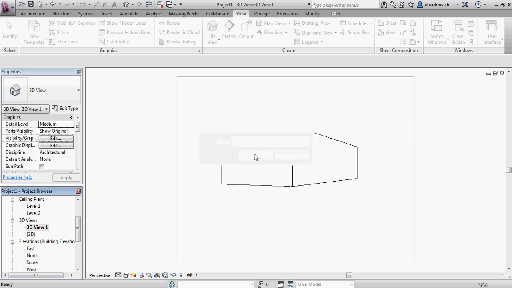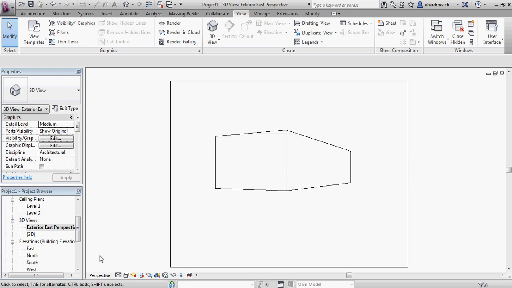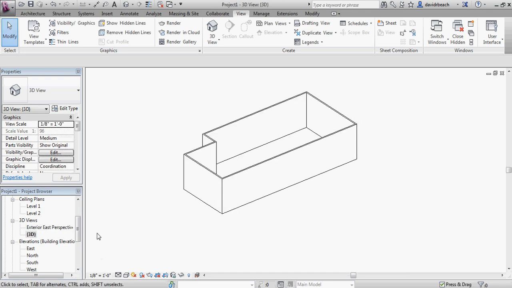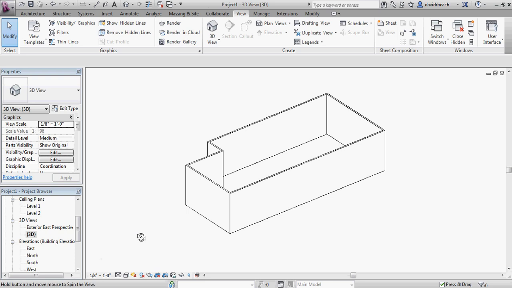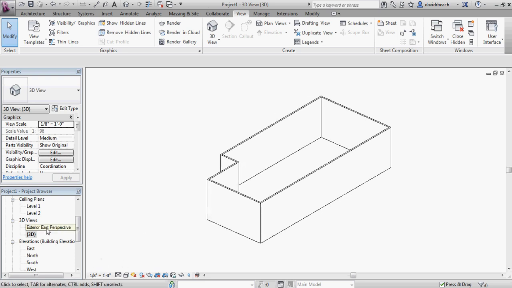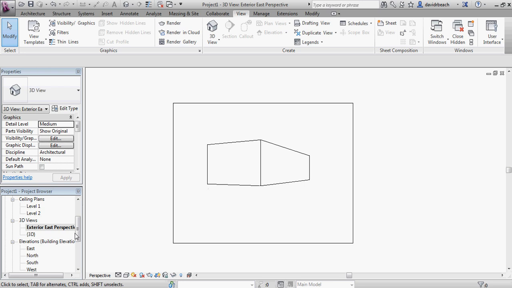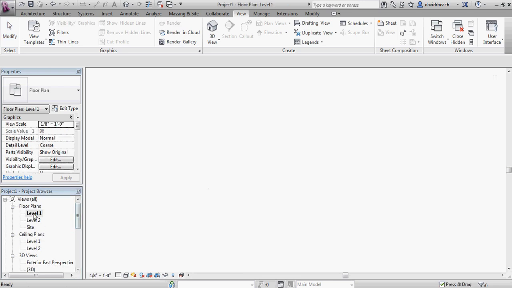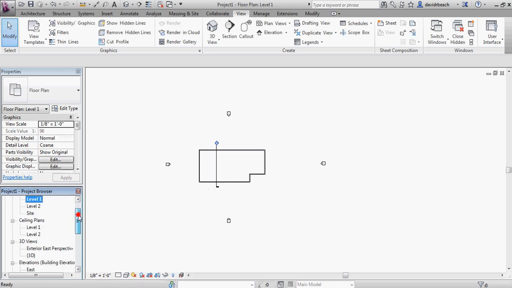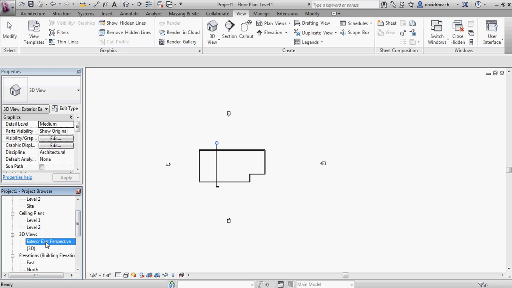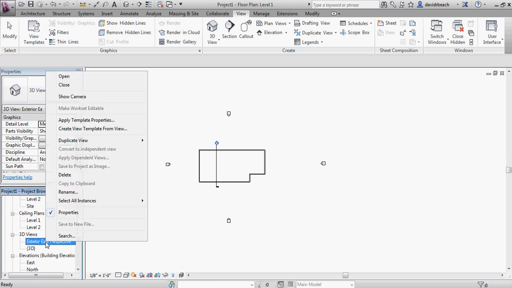So this is not an axonometric, this is a perspective. You'll notice there's no scale down here at the bottom, just the word perspective. The default 3D view is an axonometric drawing, so it does have a scale. If I need to edit this view, there are a couple of ways I can do that. If I go to my level 1 floor plan, I can come down to my exterior views. I'm going to right click and say